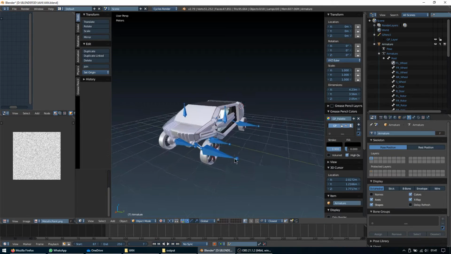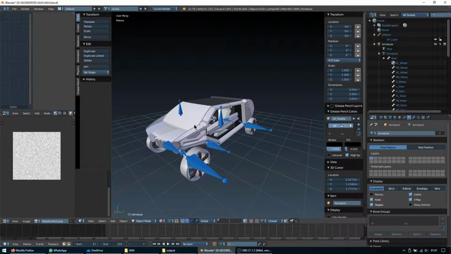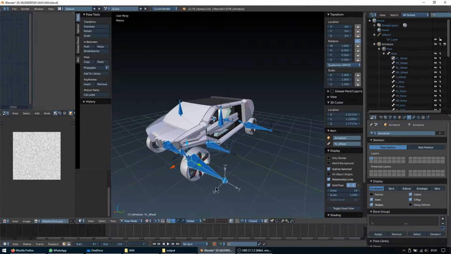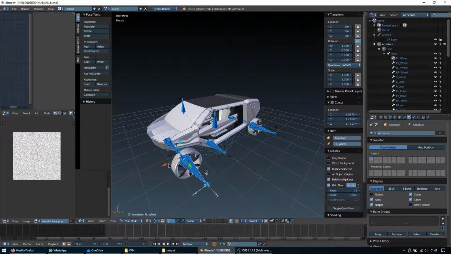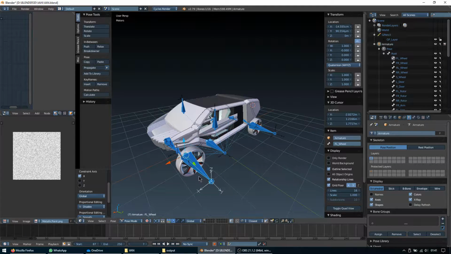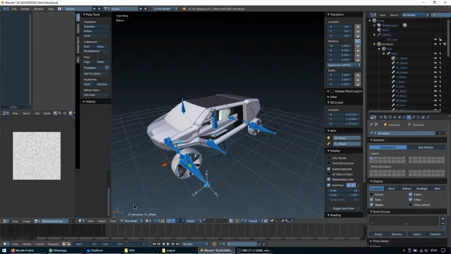So here I have a skeletal mesh, all the vertices weighted to the bones. Here you can check, go to pose mode and select a bone. And if you translate the bone in pose mode, you will see all the vertices move according to the bone. In this case, according to the FL view bone. So I'm going to export